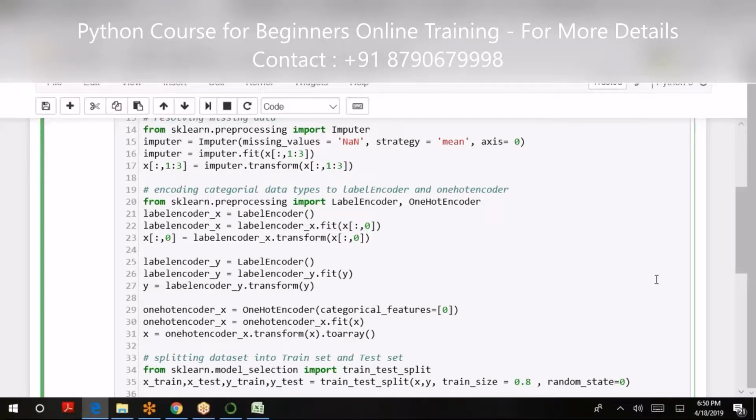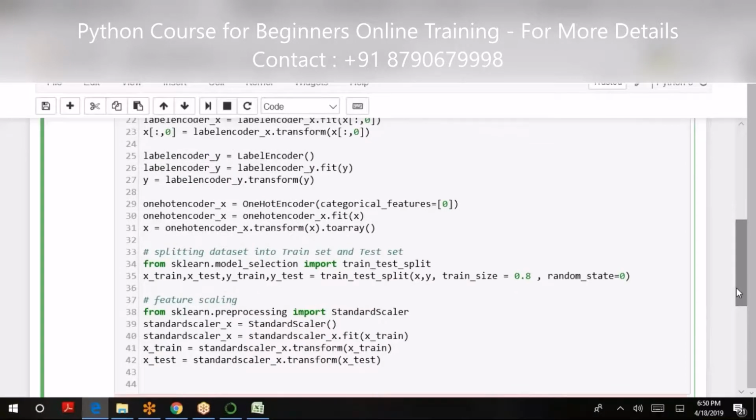What is expected over here is that I expect my data to be trained using some machine learning or deep learning algorithms, and here it is, let's say, one hot encoder. This is one of the popular algorithms used in machine learning techniques.